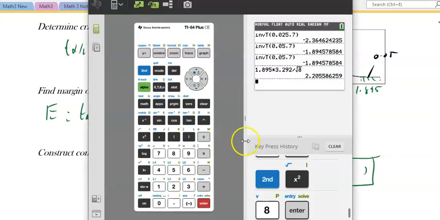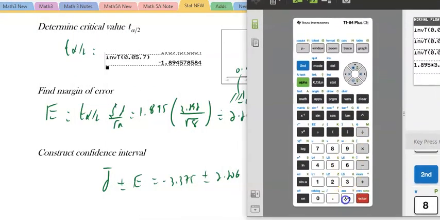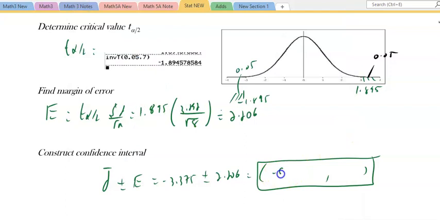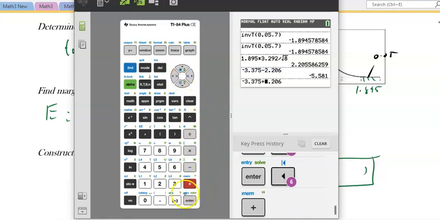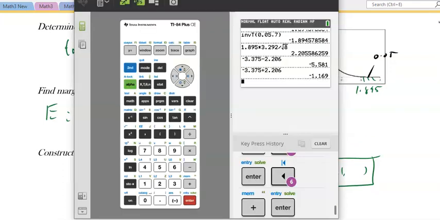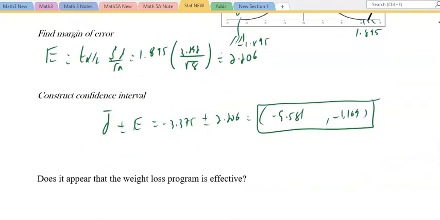And if I take negative 3.375 minus 2.206, negative 5.581, and if I go in there and I add, negative 1.169,